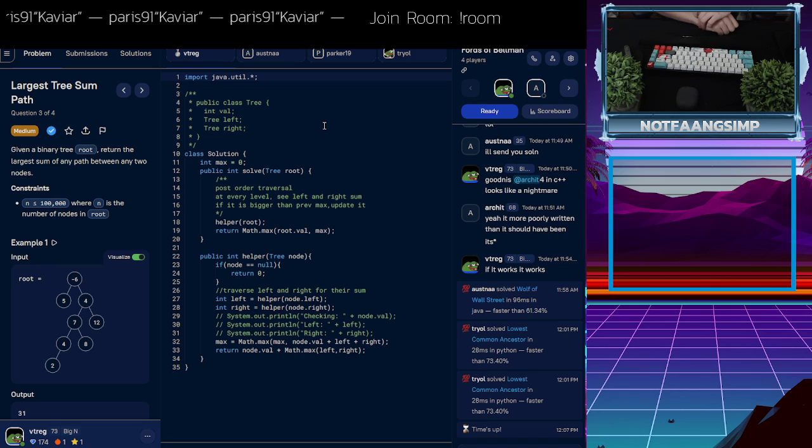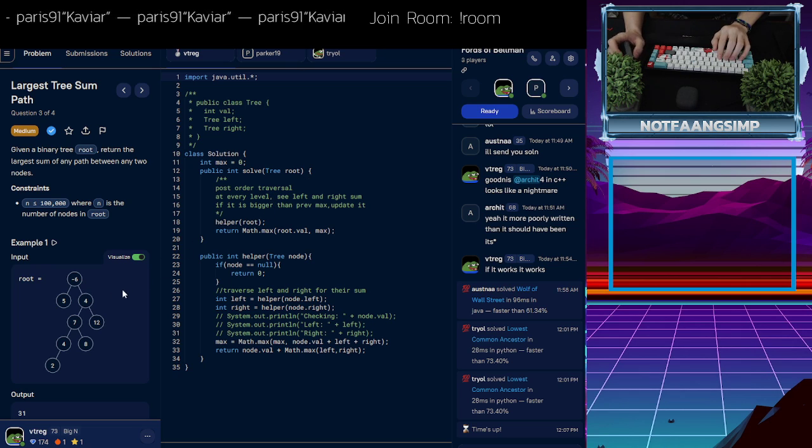Pre-order and whatever the other one is, pre, post, and in, I think in order. Yeah, in order is left, middle, right. Post order is left, right, middle, and pre-order is middle, left, right. So the reason that this is great is because it allows you to evaluate the subtrees before you actually look at your current node. So what I did in this one was pretty much a post-order traversal, and at every